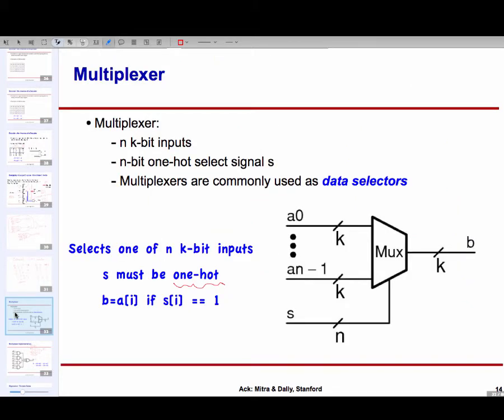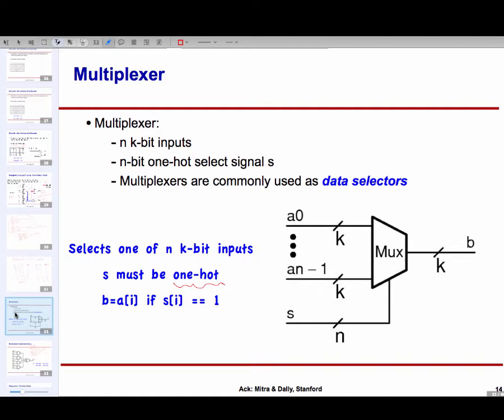The final module we had discussed last in that lecture was the multiplexer. A multiplexer corresponds to this function that we encounter in many devices, which is many sources of information, but the destination is interested in only one of them. Like many memory banks, and the CPU, the processor in your computer, wants to get the data from one of them. So it tells some traffic cop in the middle, I need data from memory bank number 0 or memory bank number 1 or 2 or 3 or whatever. So I have a bunch of sources, and I have this traffic cop, which is going to let information from one of the sources go to the output. That's the concept.